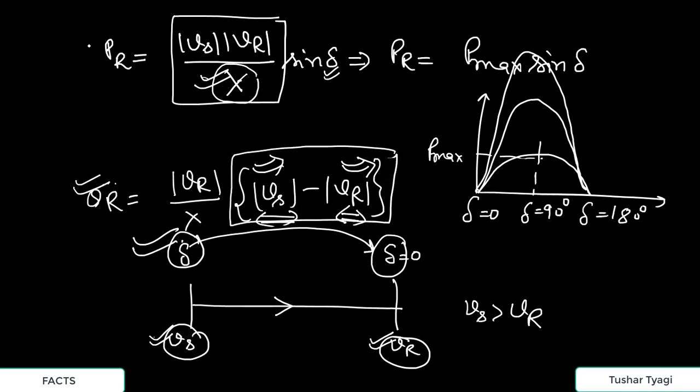and how much power will be received at the receiving end will depend on the inductance or the reactance or the impedance of the transmission line, the receiving end voltage, the sending end voltage, and the angle between Vs and Vr. This is called power angle. Because if you draw, this is the reference voltage I am having, Vr, this is our sending end voltage, Vs. It is leading by angle. So this is a very important mathematical expression that you should know while going for the FACTS.